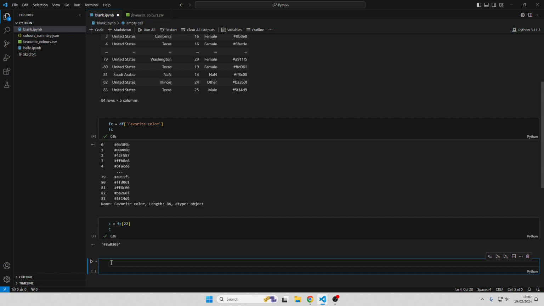Base 16, you need digits 0 up to 9, but then you need some extra digits representing 10, 11, 12, 13, 14, 15, and those are written as A, B, C, D, E, F. So here, for example, we've got 8A. This is a 6-digit hexadecimal number, but it's really 3 separate numbers. The first one is 8A, the second one is 03, and the last one is 03 as well. And what they mean is the amount of red, the amount of green,